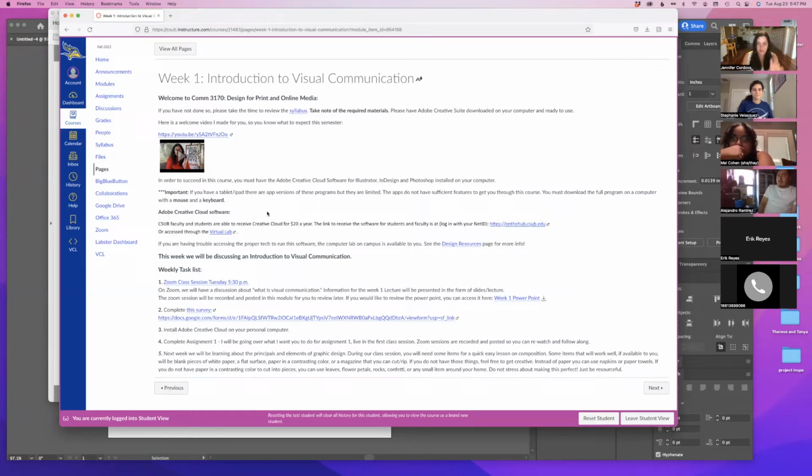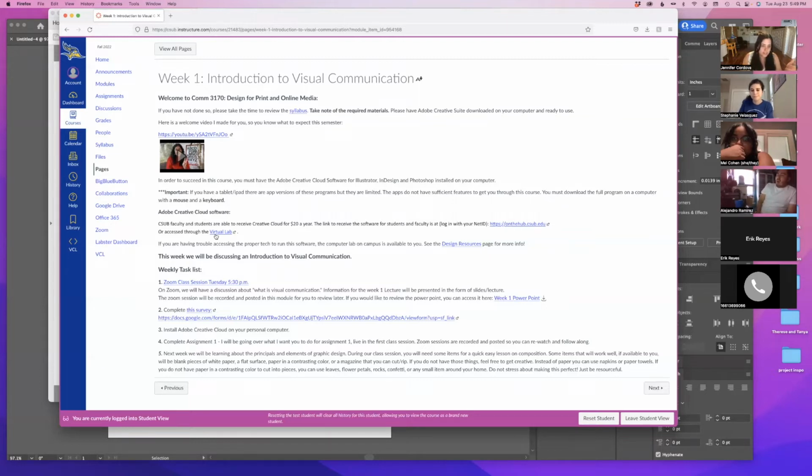Okay. Adobe Creative Cloud software. I've repeated this here because it's really important that you get this software on your computer. You can get by this class, like you don't have to do the lesson in real time along with us, but by next week, you're definitely going to need this software. We start out in Illustrator, and then the following week, we will be working in all 3 programs, Photoshop, InDesign, and Illustrator. So you want to get those 3 programs on your computer. There is a bunch of other stuff in Adobe Creative Cloud, but those are the 3 main programs we're going to focus on this semester.